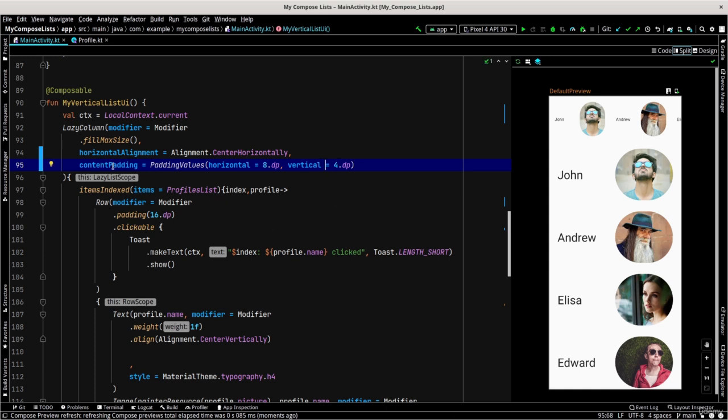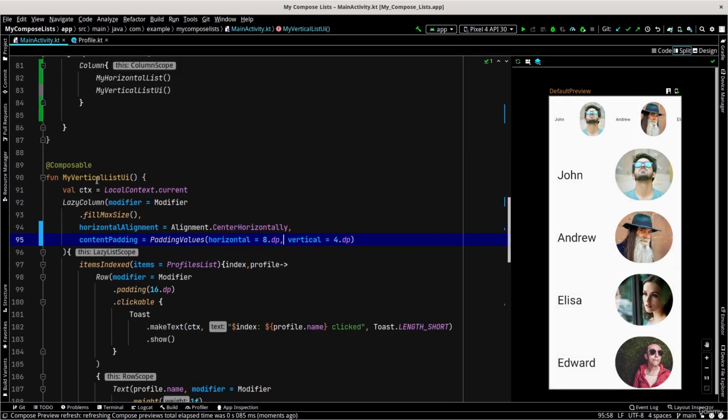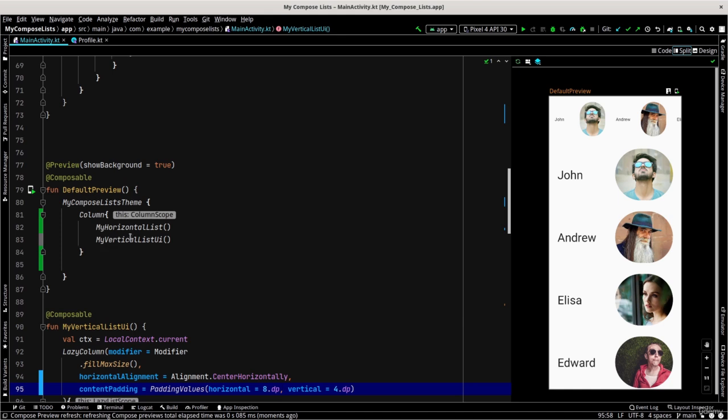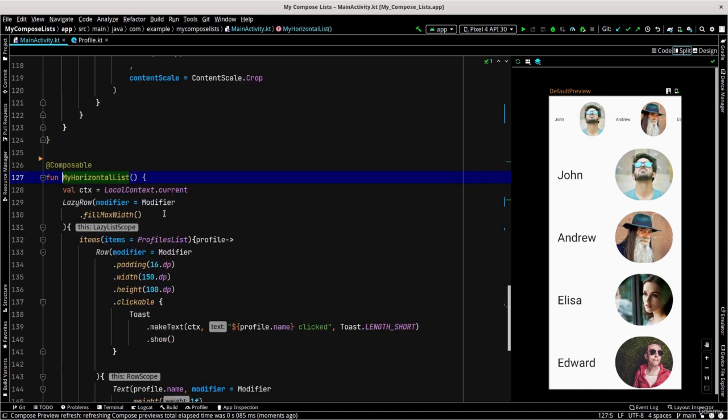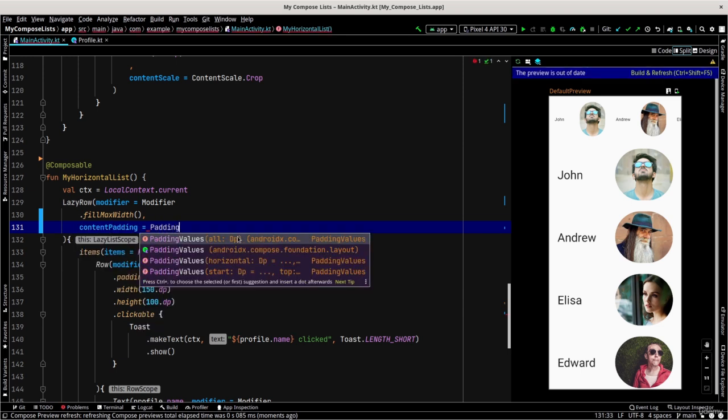I can have the same thing for the other list as well. So I go to my horizontal list and I add this parameter content padding to lazy row, padding values,